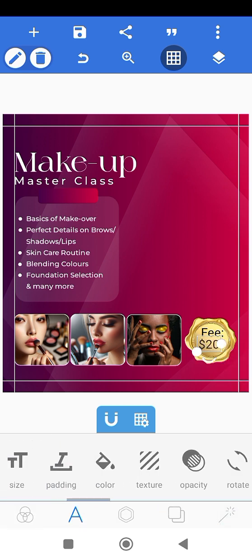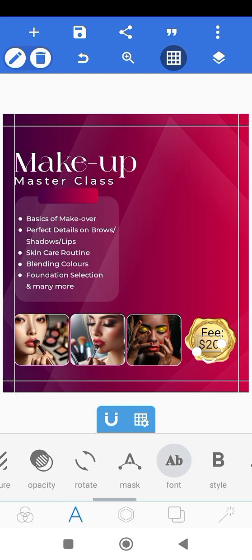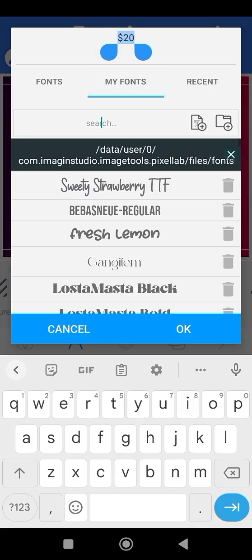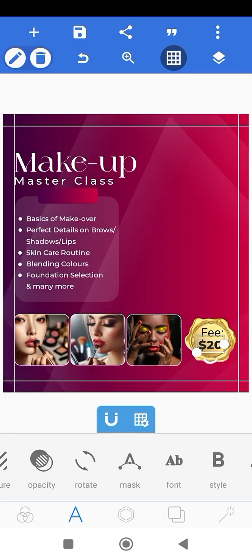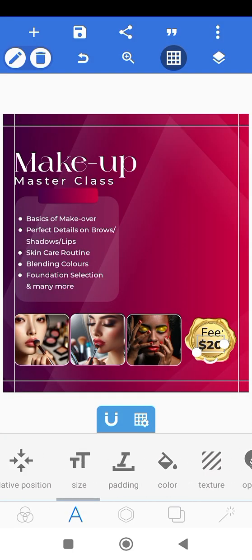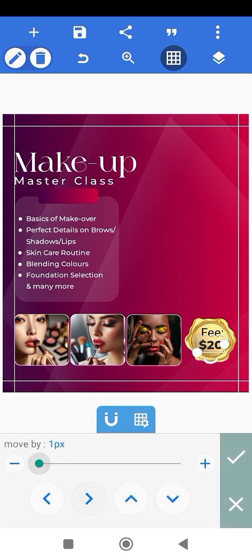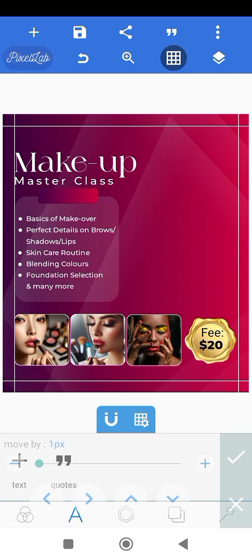So now for this, I'm just going to change the font. The fee, I made use of Montserrat regular, but for the $20, I'm going to make use of Montserrat bold, or you can use Montserrat extra bold. Now the reason why you are doing this is because you want to create hierarchy. I always say it in my design: maintain hierarchy. What does hierarchy mean? Hierarchy means that when I open this flyer, the first thing that will call my attention,